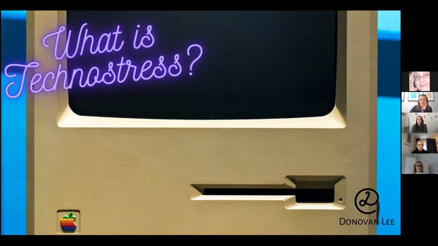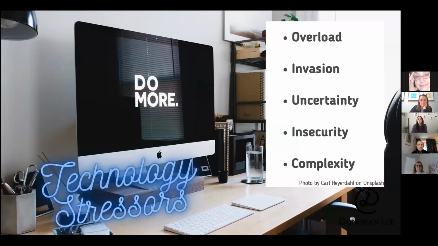I'm going to talk very briefly about the 5 stressors that can cause technostress, and they were made popular in the academic research. There are a number of important academics in technostress research, so if this is an area that's of interest to you, I'd be more than happy to connect after the session, and I can show you some good places to start. So with the stressors, you just have to think about which one shows up for you as I'm describing them.